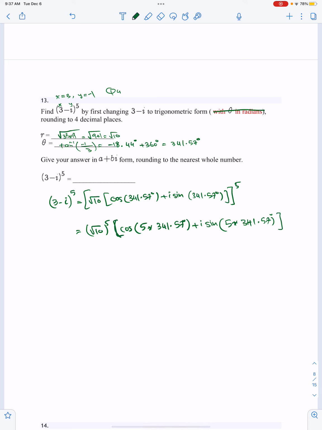Now, if you do the math, you're going to get square root of 10 raised to the fifth power is approximately 316.23, and then cosine 5 times 341.57